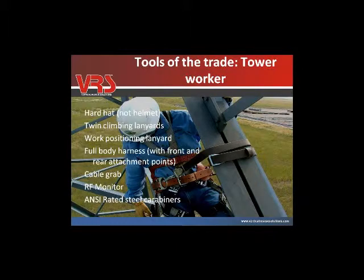Usually, but not always, they will have an RF monitor with them, which measures that radio frequency exposure. It will let them know when they exceed the maximum permissible levels of exposure, as deemed by, I believe, OSHA. These are warning devices only. Typically, when tower workers are up on a tower doing work, they will have communications with someone in the shack down below, and they can power down antennas as they climb past them and then power them back up once they're out of range. So an RF monitor is a very important investment for these guys,